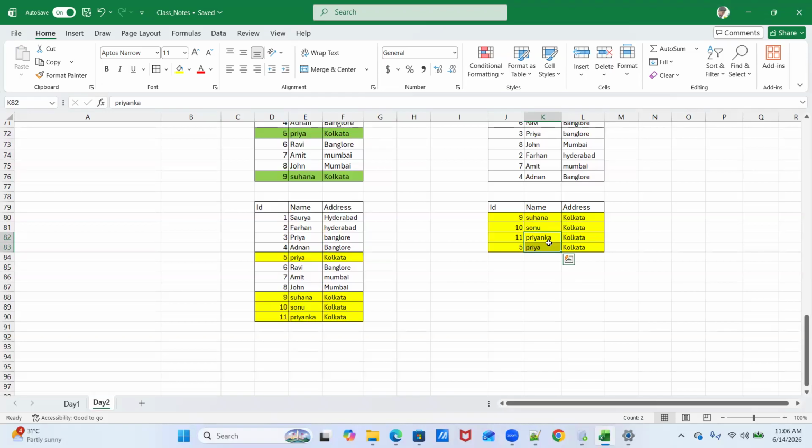Similarly, where it finds the difference, at that point itself, it will set the priority, which one will be at top and which one will be down. So at the same time, it will decide the order.